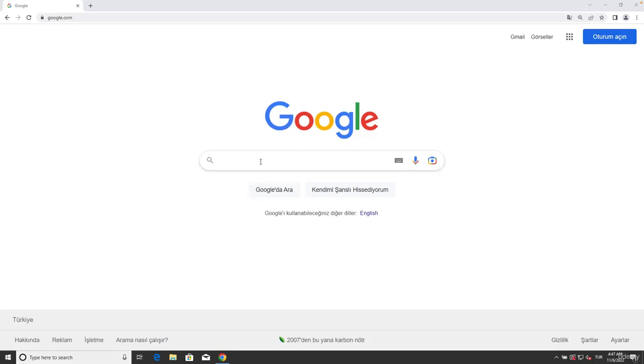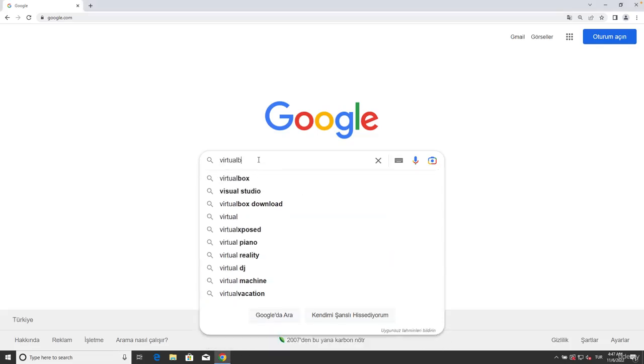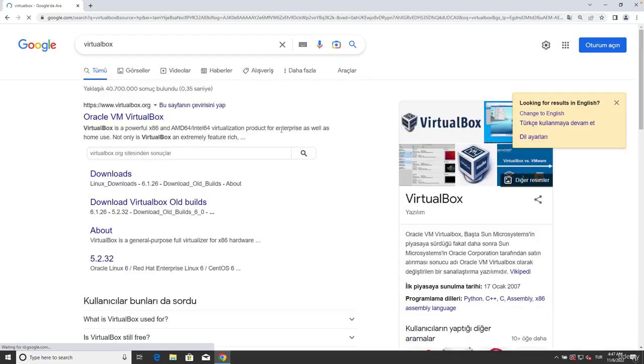So all we gotta do is just go to virtualbox.org. Of course you can Google it like that. It will just land you on virtualbox.org anyway, so let me show you what I mean. Here you go. As you can see, virtualbox.org is the first website that we see over here,